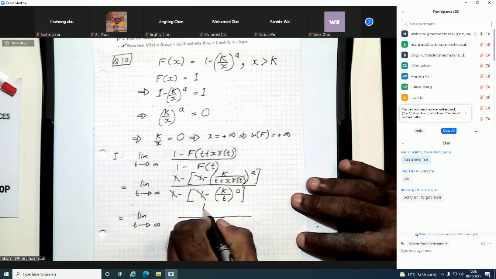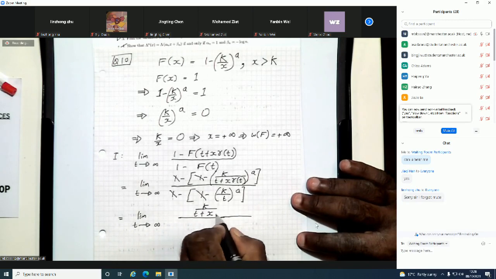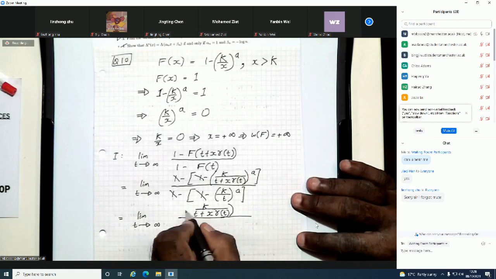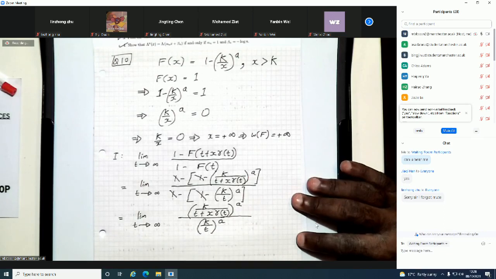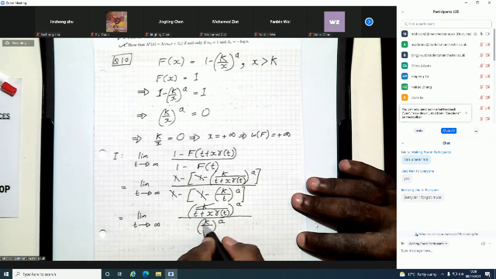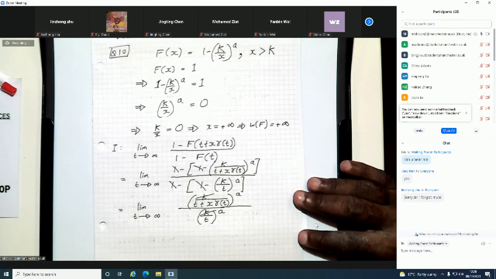Right, so let me do this slowly. Now the k in the top and the k in the bottom cancel out, right? So what you have is